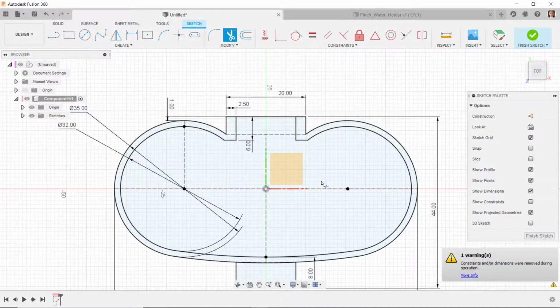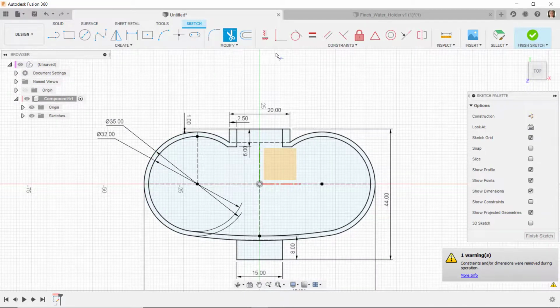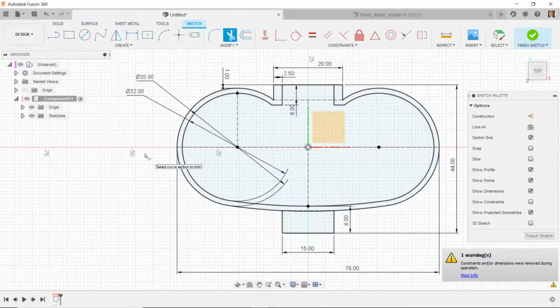So again, you don't necessarily have to trim that. We can select the areas that we want. But we see that we have an enclosed area where everything has turned black. Now if we wanted to, we could change this to a construction line, put a line over top of here,